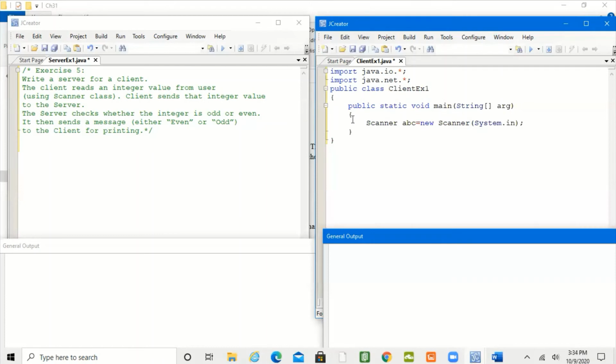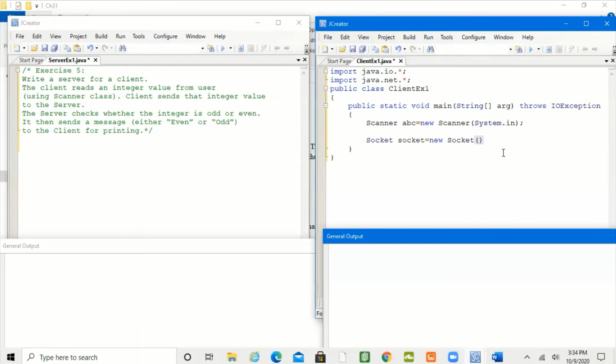As there will be a possible IO exception, either you try to catch the exception or declare throws IOException. Now for the client socket, let's say socket is the object name, equals new Socket.